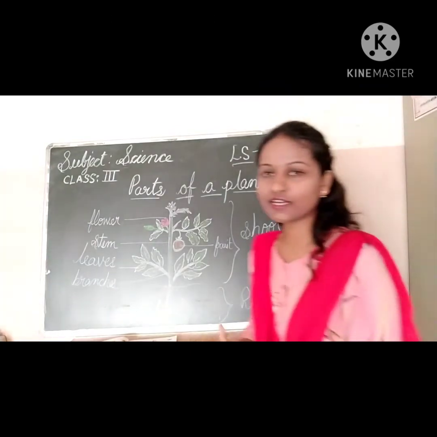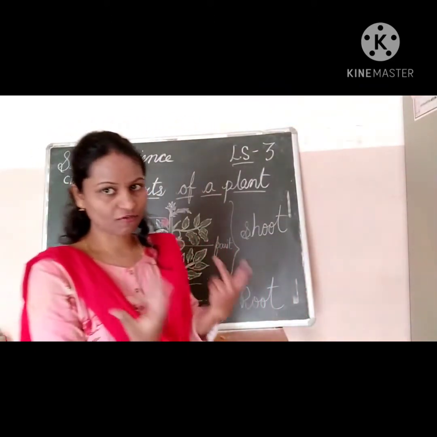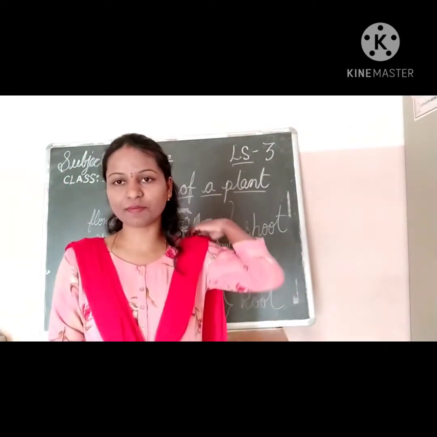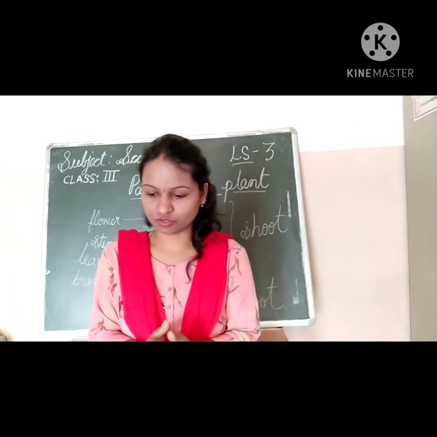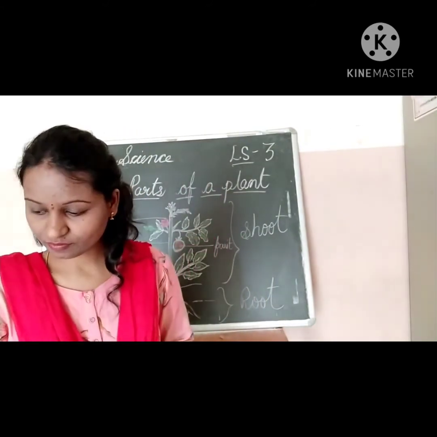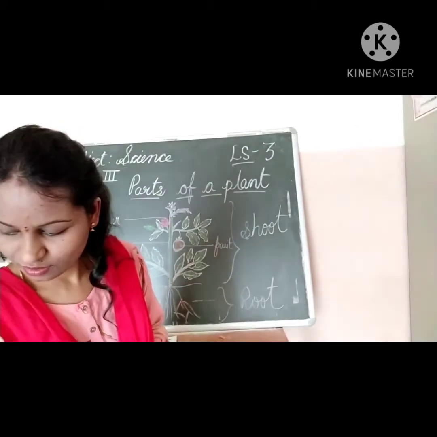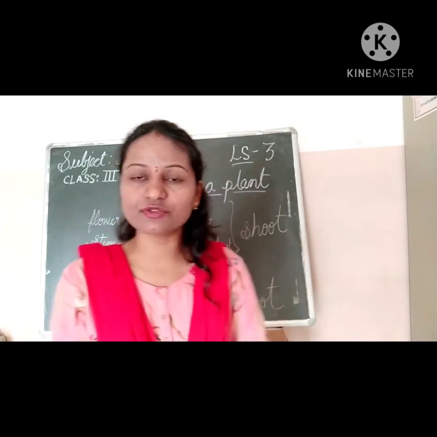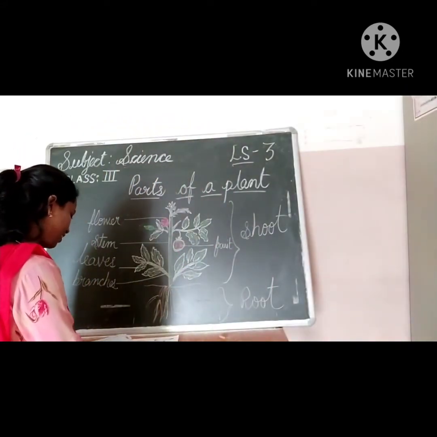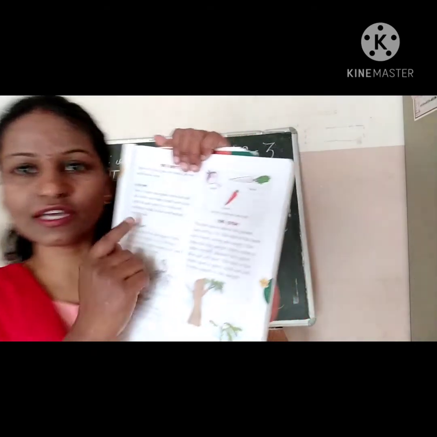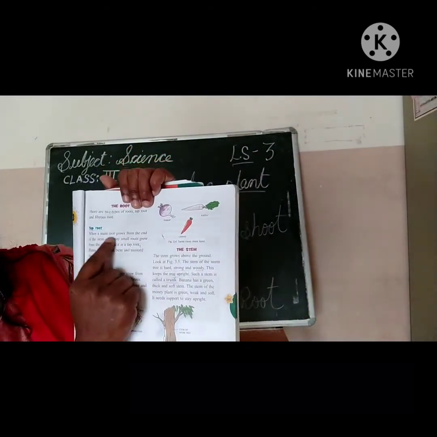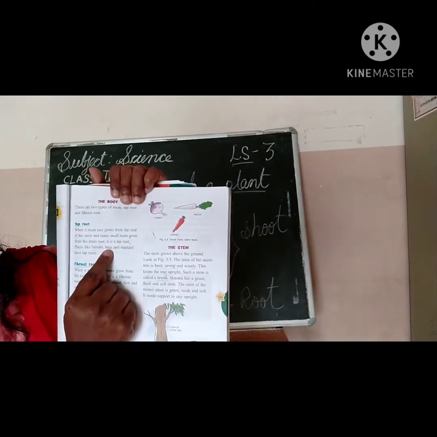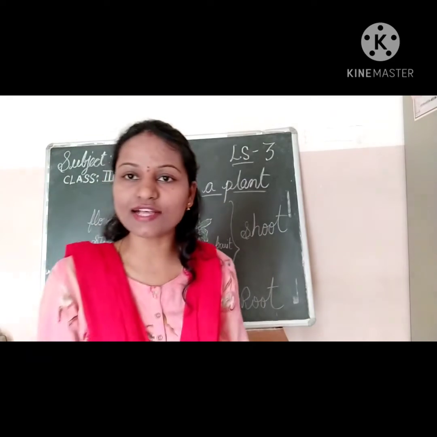Now, yesterday we have seen the two types of roots. One is tap roots and one is fibrous roots. Yesterday I explained to you about the tap roots and fibrous roots. What are the examples for tap root and what are the examples for fibrous root? I will tell you, children. See here, in your textbook, in the tap root, the main root grows from the end. The examples are balsam, bean and mustard. These are called tap roots.